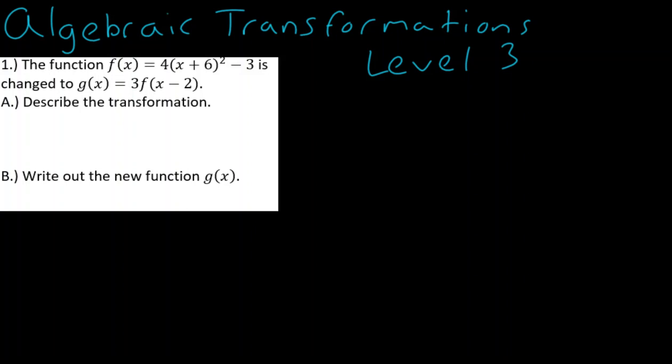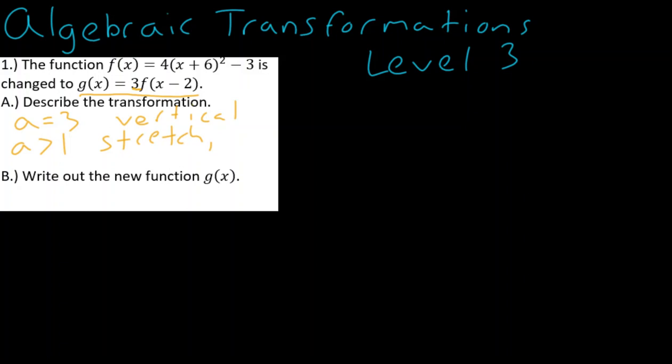Now, in number 1, it says the function f of x equals 4 parentheses x plus 6 squared minus 3 is changed to g of x equals 3 f of x minus 2. Okay, describe the transformation. The first thing we see here is that our a value is equal to 3. And so we know that when our a value is greater than 1, which we would agree that 3 is greater than 1, we know that we have a vertical stretch,